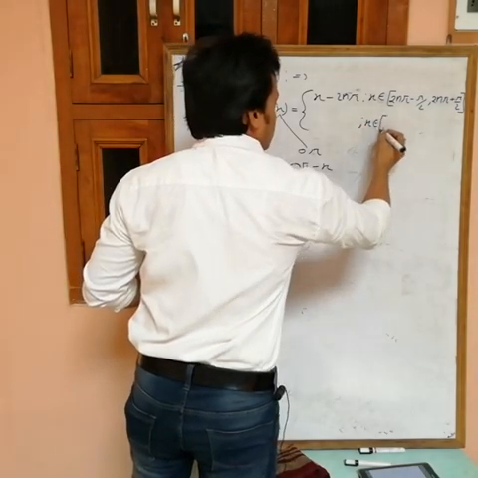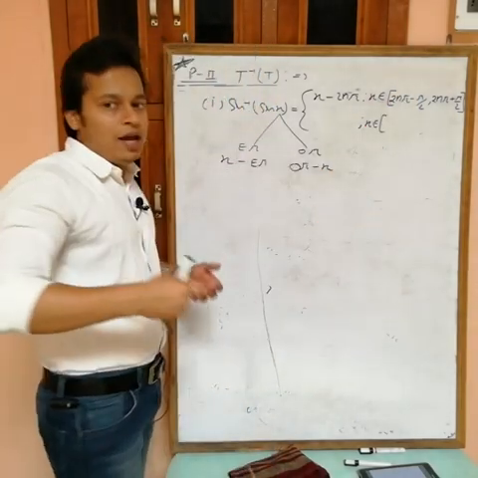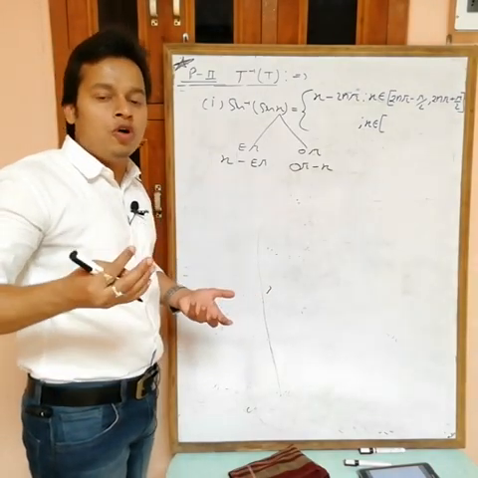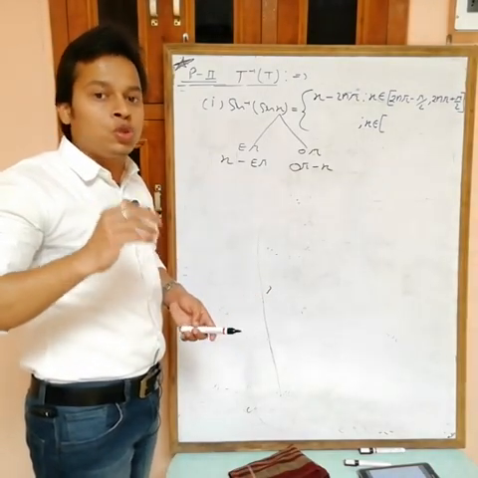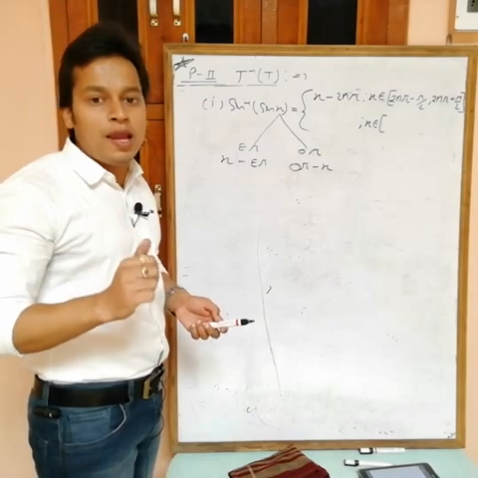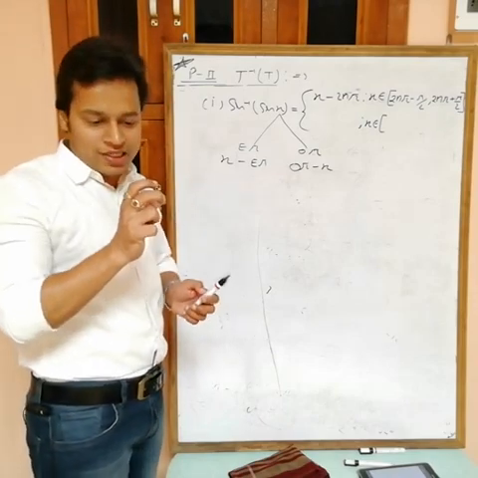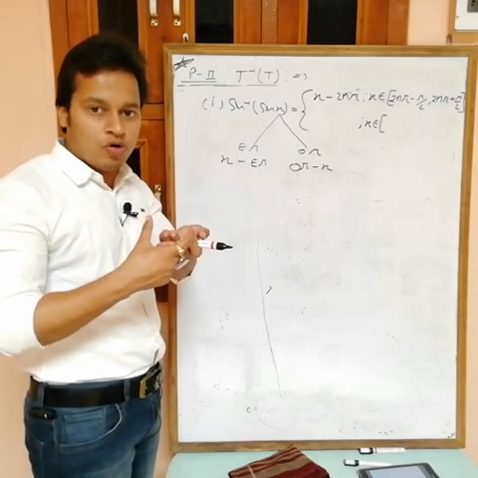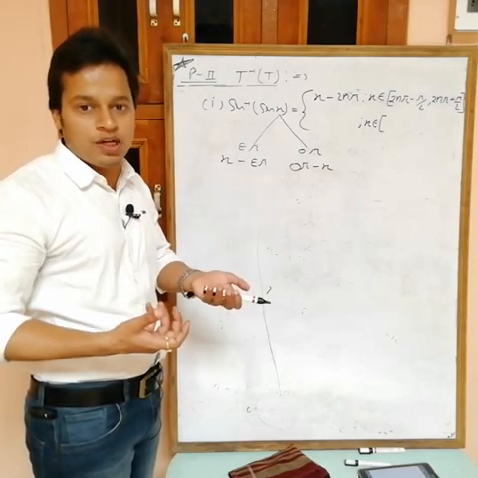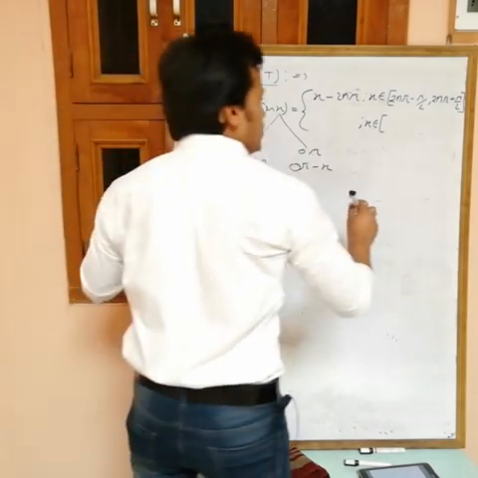If x belongs to, now this is for even. For even I am taking 2n pi. Now what is for odd? For odd you can take either (2n plus 1) pi or (2n minus 1) pi, because 2n is always even. If you add 1, then this becomes odd. If you subtract 1, then also this becomes odd. So you can choose any one. I am choosing 2n plus 1.